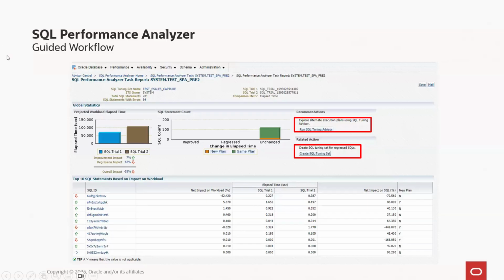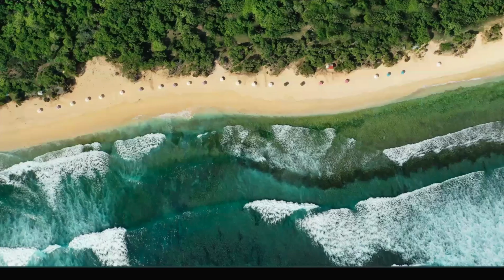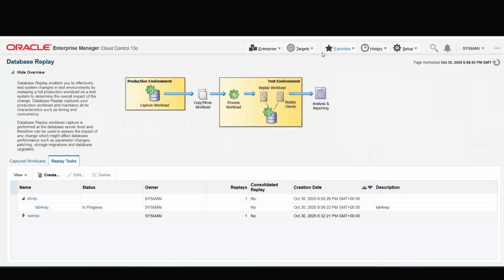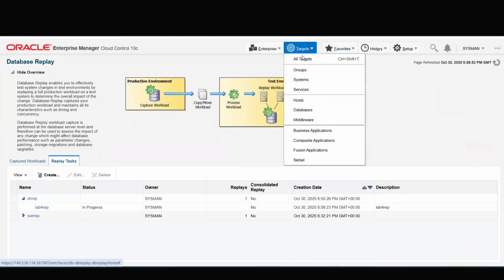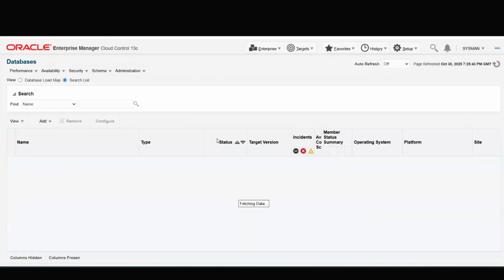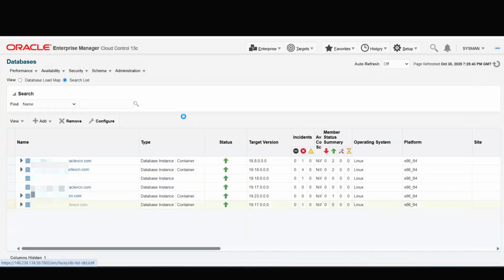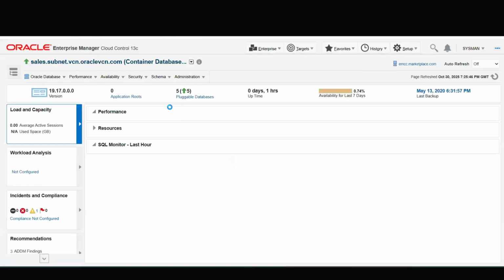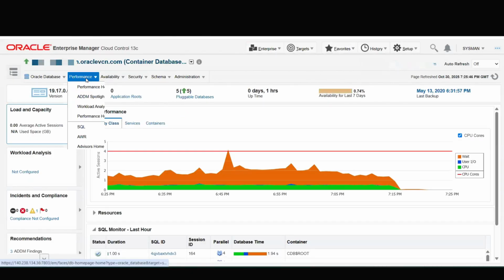So give me 1 second. I'm going to bring up my Enterprise Manager environment. So I will show you real quick. I'll go to databases. I'll go to sales. And this applies to 19c, 23ai, or 26ai. So when you go to performance, and you go to SQL, and you go to SQL tuning sets,